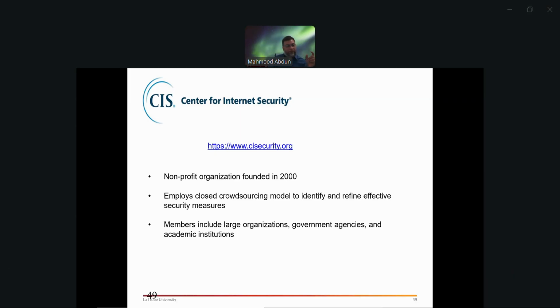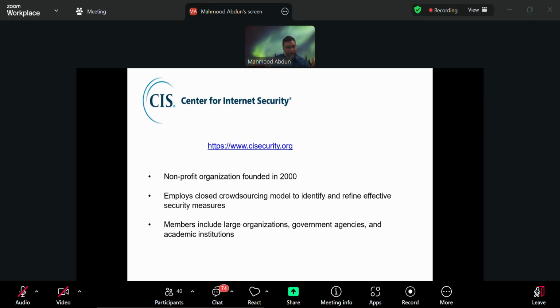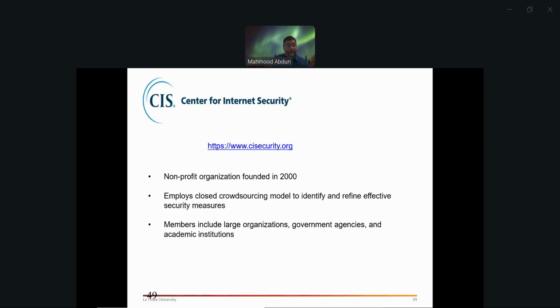Anyway, what we're saying is that in the CIS, at that time, the system administrators of these web servers and big corporations got together and said, hey, why don't we share our information on the vectors of attacks that we receive so that we can come up with some common guidelines of how to secure and harden our systems.